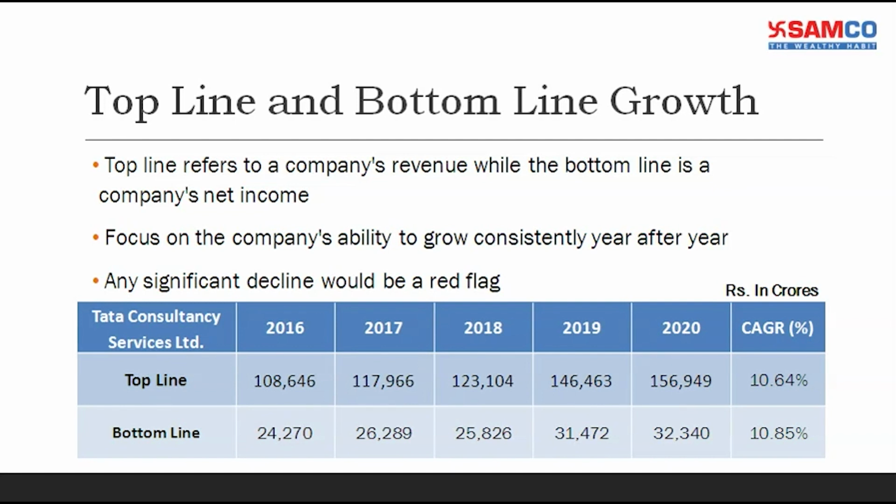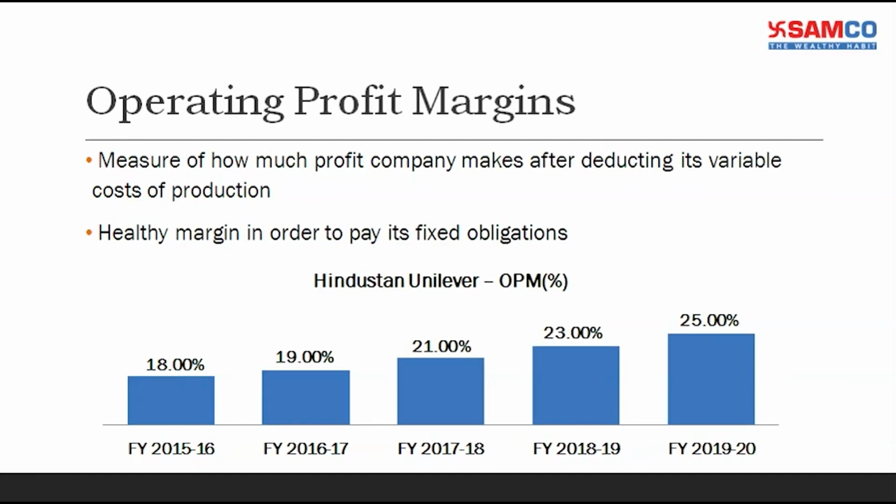For instance, Tata Consultancy Services, which is the leader among Indian players in the global IT and IT-enabled services, has a top-line CAGR of 10.64% and bottom-line CAGR of 10.85% in the past 5 years, which is considered decent by large-cap standards. Next is operating profit margin, which is also known as operating income margin, which is a measure